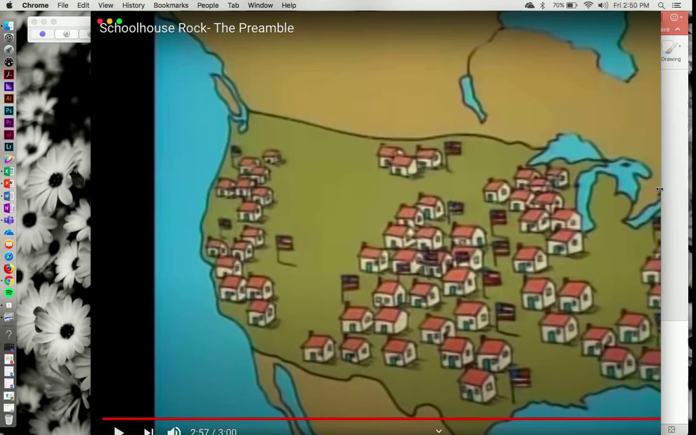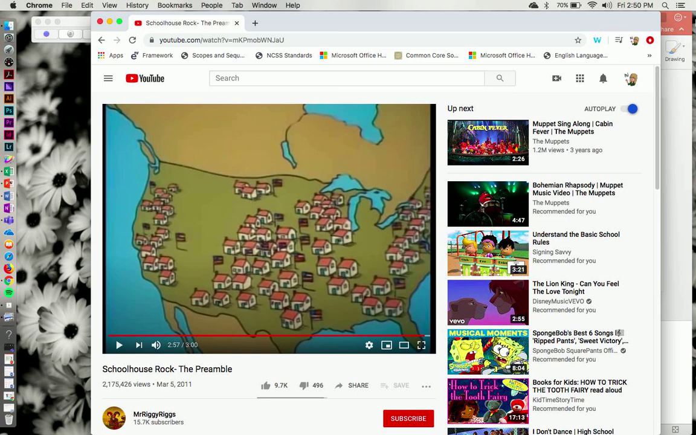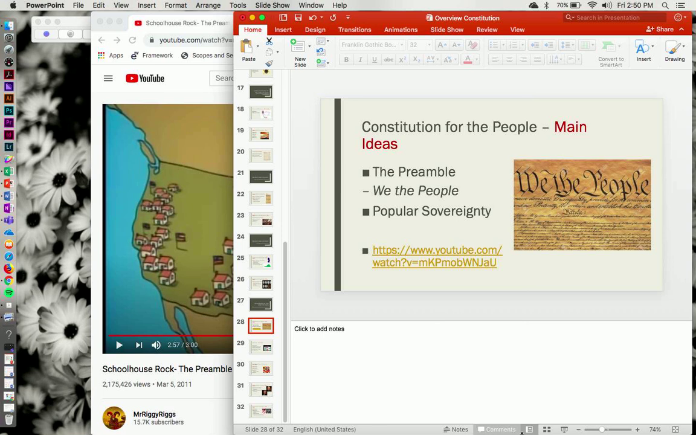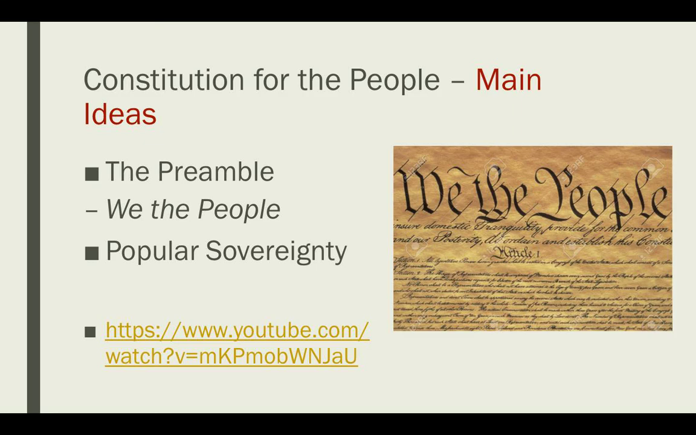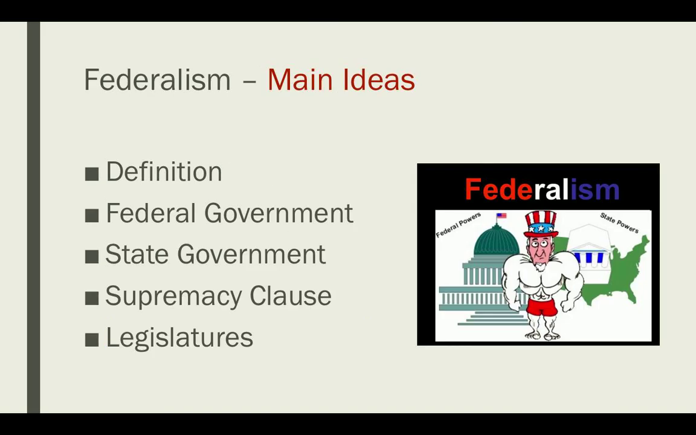All right, so the preamble, the beginning of the Constitution, the introduction, where the ideas for the rest of the document are being laid out, and where we get the first glimpse of these principles of the Constitution with we the people referring to popular sovereignty. We all together give the government its power. Now, another